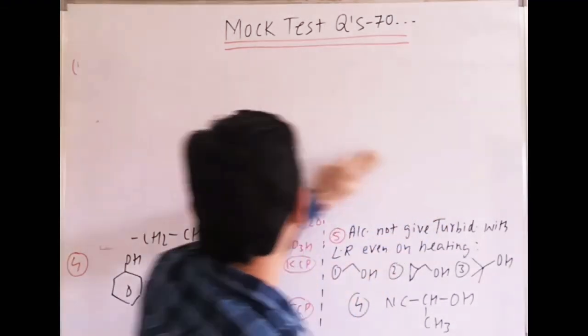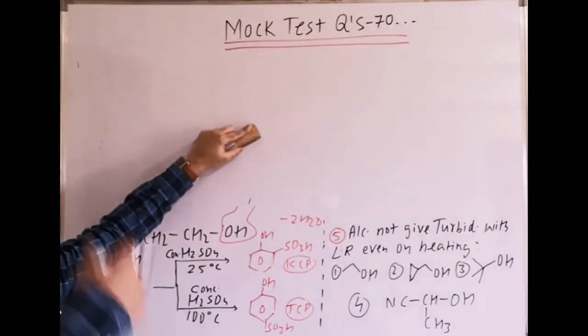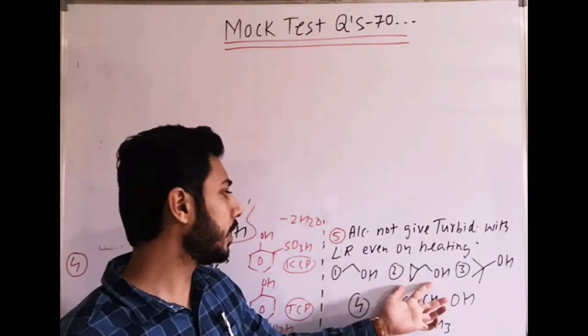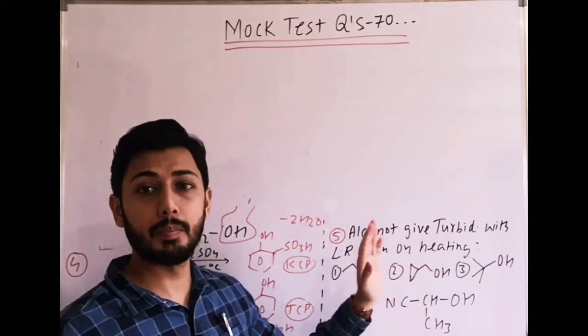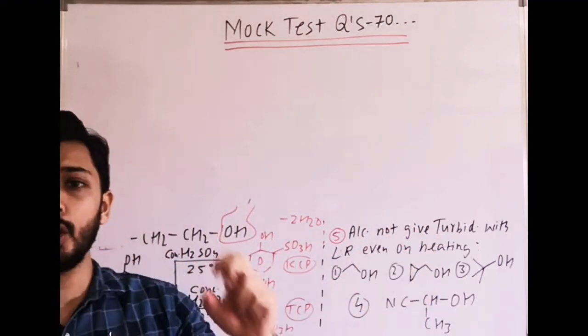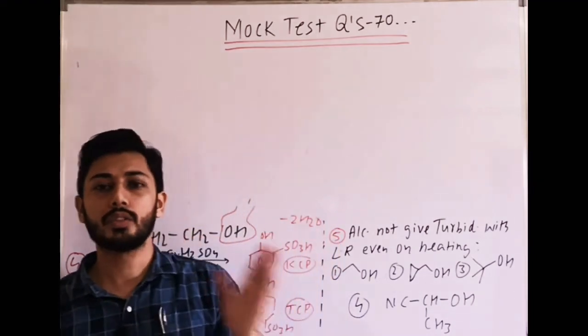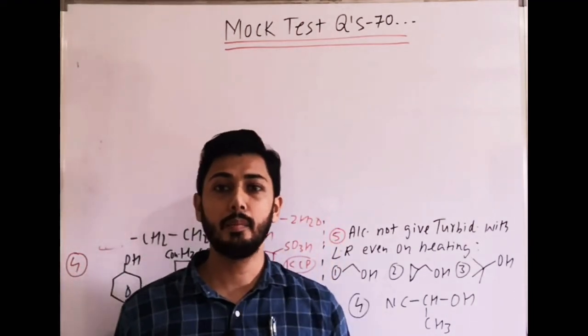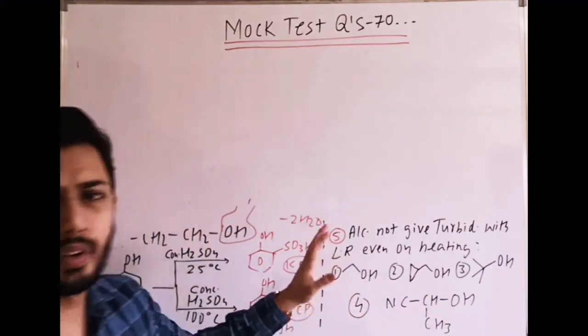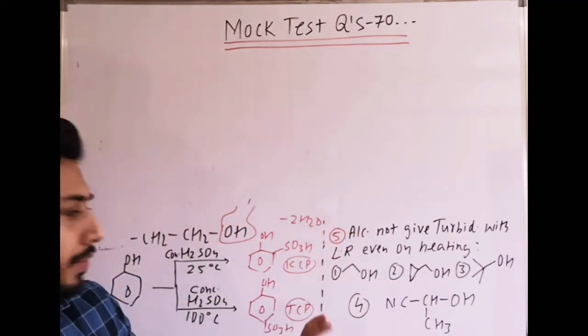Why? Because primary alcohol gives turbidity only after about 30 minutes of heating. The second is highly stable because it gives the CPM, cyclopropyl methyl carbocation. Then C, tertiary, is highly stable, because in Lucas reagent the reaction is faster due to the stability of the carbocation formed. Therefore the second and third are very fast. First, okay, we can keep such options on the safer side.